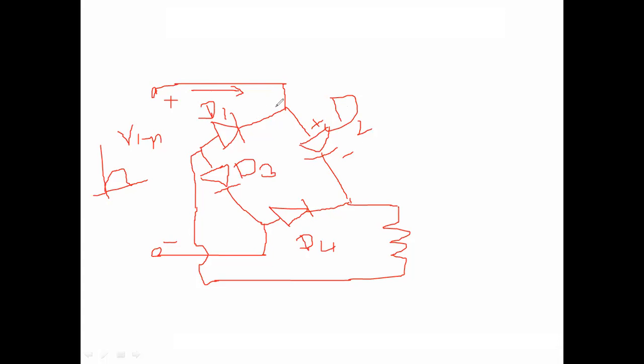Coming to this point, this diode's positive terminal is connected to diode D2's positive terminal, so this diode becomes forward biased. When a diode is forward biased, it will conduct current. Coming to this point, this is negative, and this is the N terminal, and we are applying positive, so this is reverse biased.